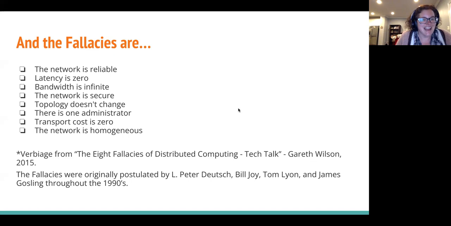Latency, also known as lag, is 0. Well, we all know that's not true. Bandwidth is infinite. Again, nope. The network is secure. Okay, I think by now you're getting the idea. You might not have thought of all these things when you're focusing on the functionality and the code and how you're going to build it, but all this stuff is super important with microservices and will get you into trouble.